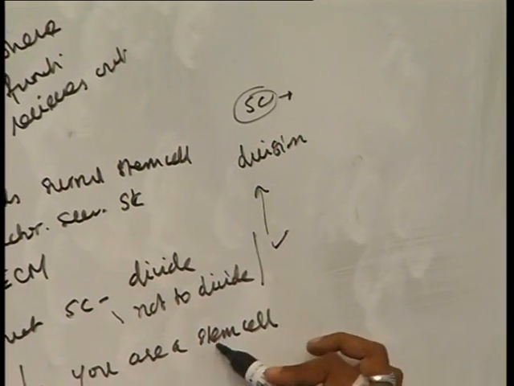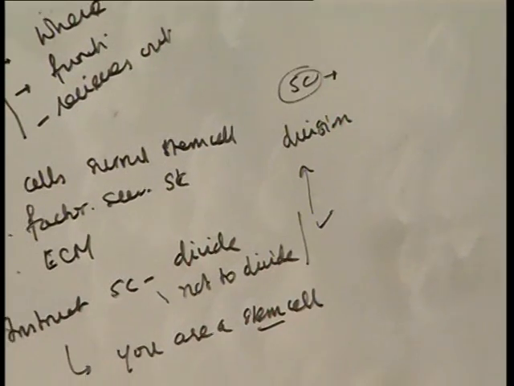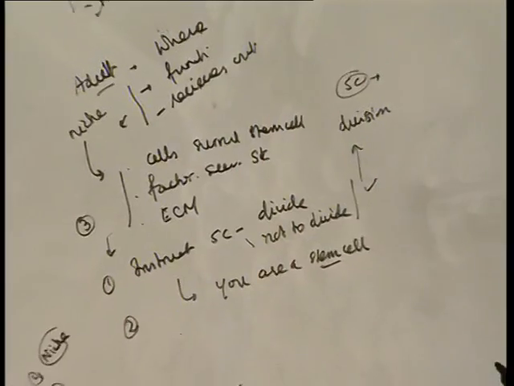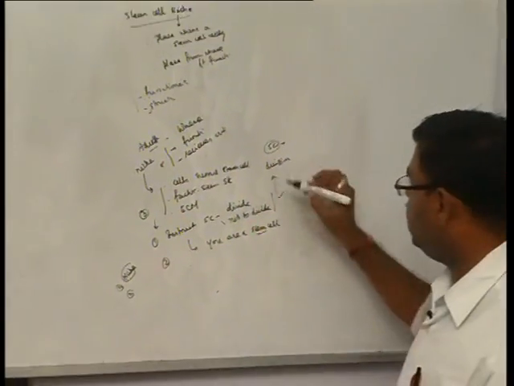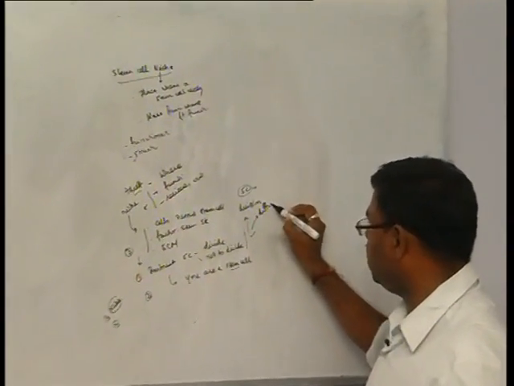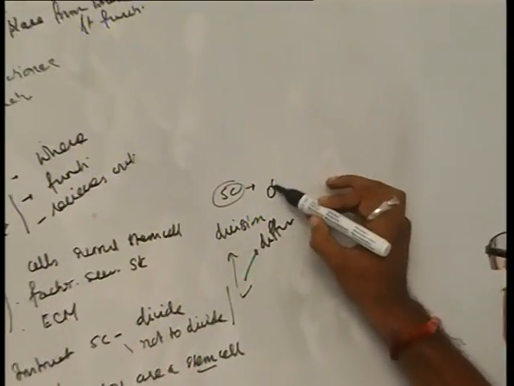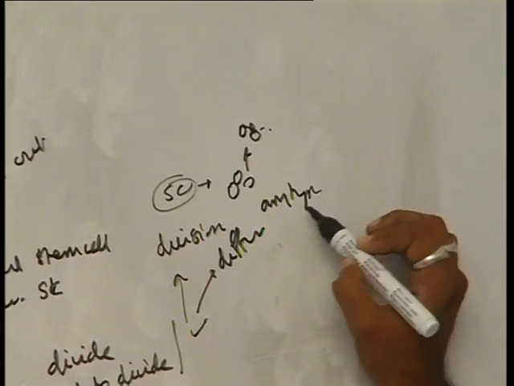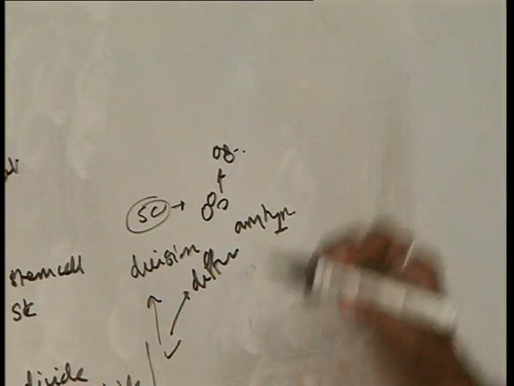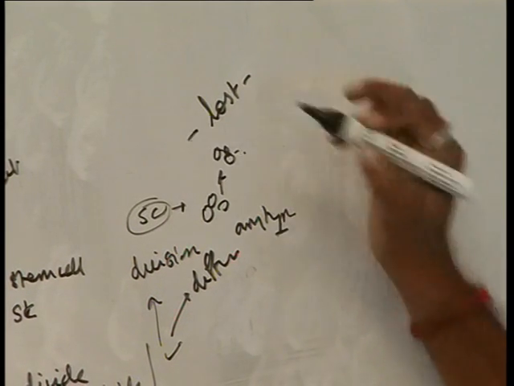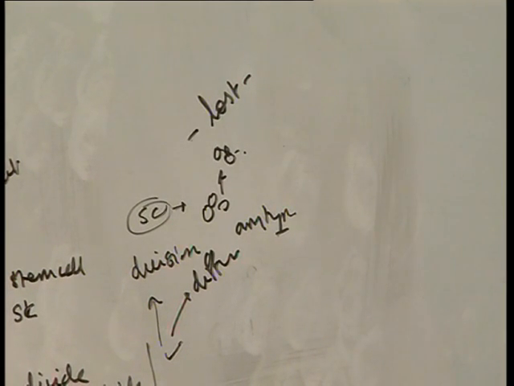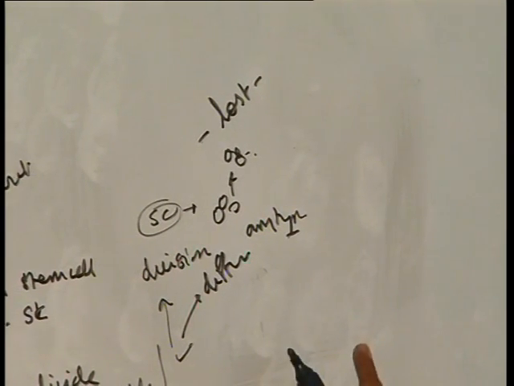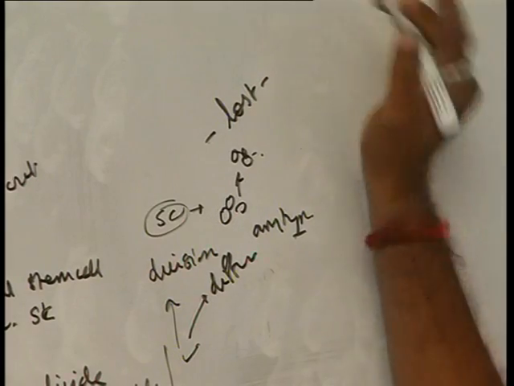Second, it doesn't receive the signal to stay as a stem cell or not to stay as a stem cell. In such a situation, a stem cell goes for differentiation, meaning a little bit of division and further differentiation into any type of cell that it wants to become depending upon the condition. Otherwise, it is forever lost. If you take a stem cell out of the niche, it is lost, meaning it divides and differentiates into something else.